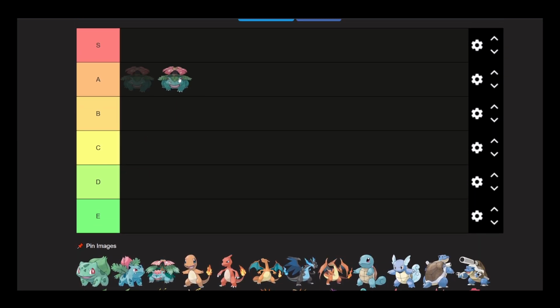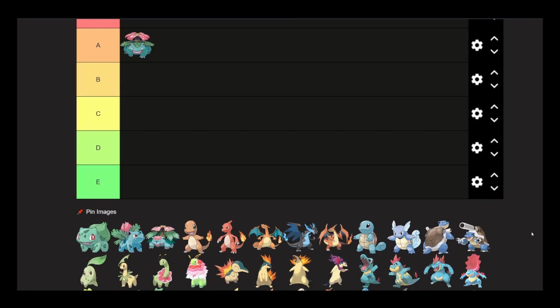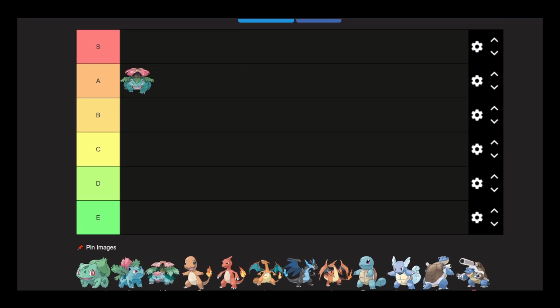Okay, Venusaur. Now, I have to say that I would say the design is actually pretty nice. Okay, so I think that you are immediately comparing Charizard and Blastoise in Generation 1, right? I think they're the biggest heavy hitters, right? But if I'm being completely honest, I think the design of Charizard is not as good as people make it out to be